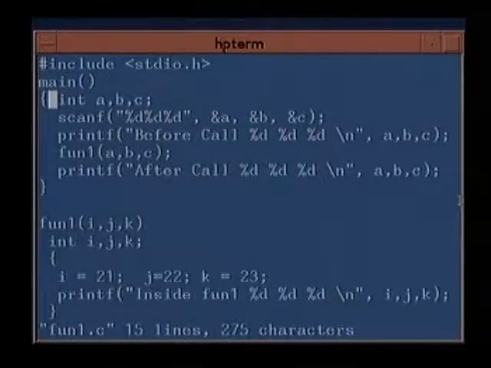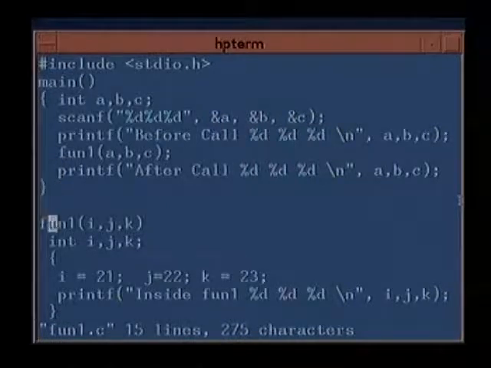And now what do I do in the main program? I do int a, b, c, then I read in 3 values, scanf a and b and c, and before the call I print what the values are. I call the function like this, fun1 a, b, c. I can do an assignment also, x equal to fun1, but we'll see that later on. And then after the call I again print the value of the variables.